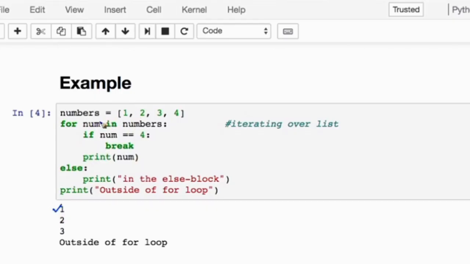Now my num becomes 2. Now my num was 1, now it will become num equals 2. Is 2 equal to 4? No. So it will just print this. If it's not true, this is the if condition, it will not go into this, right? So print num, it will print. Similarly for 3. As soon as num becomes 4,